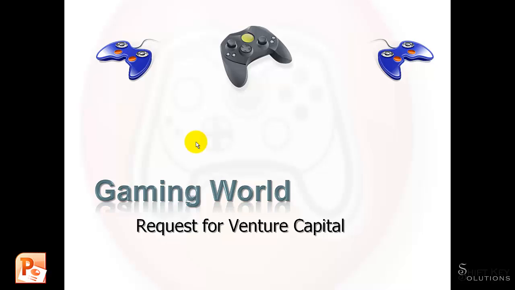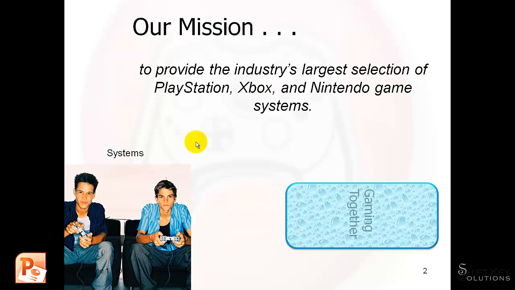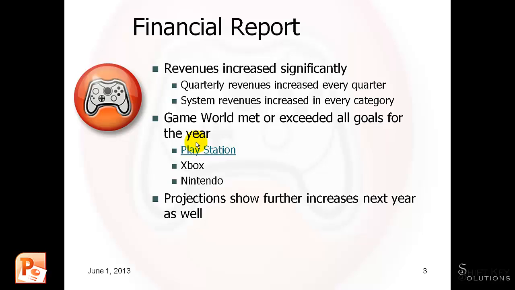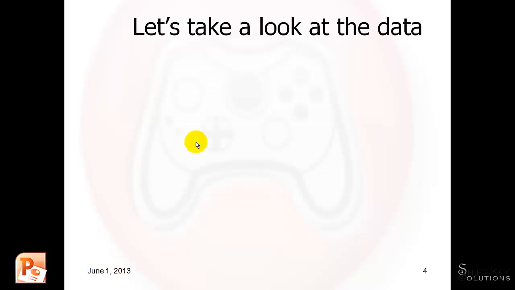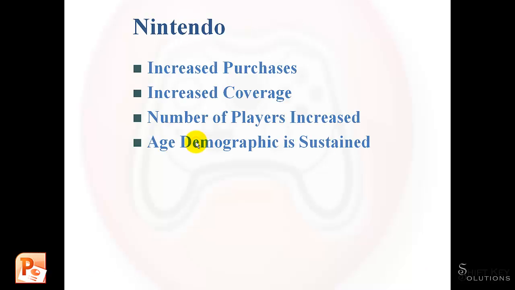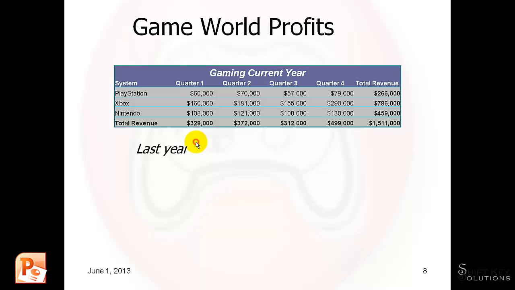I can proceed forward in my presentation in a number of ways. I can press my space bar, I can press my Enter key, I can use my arrow keys up or down, or I can left click my mouse. So I left click my mouse and it takes me to the next slide, and I can see this is slide 2 and this one's slide 3, and if I click again I see a little bit of an animation here, and here's slide 4, slide 5, slide 6, slide 7, slide 8, and here's a bit of an animation,